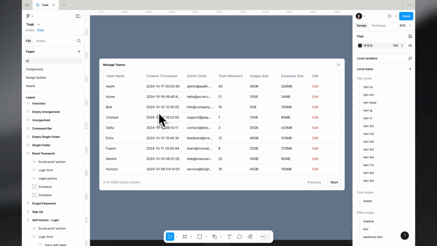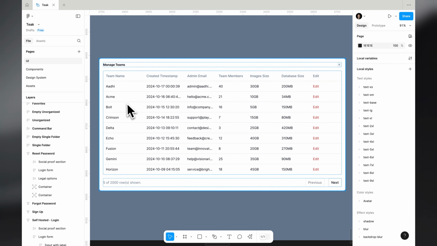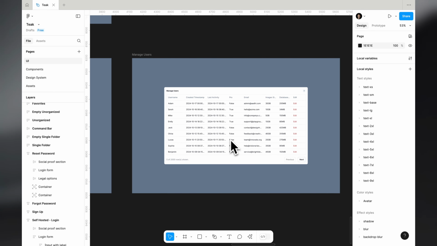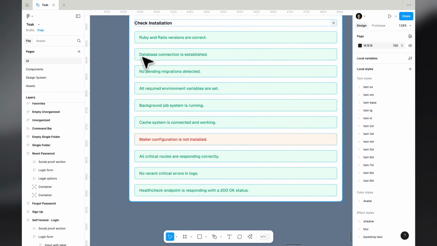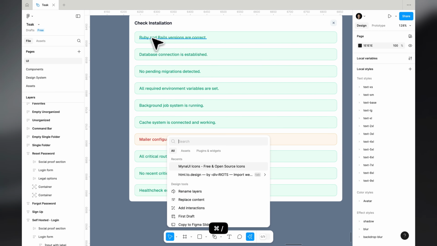So let's take a look at this table that we have right here. It's kind of blank, and we can add some sort of icon or imagery to quickly see maybe the team name or something else here. Say SMS here, maybe we can add some sort of image to the usernames here. And for this list also, maybe we can add a checkbox before this, something like